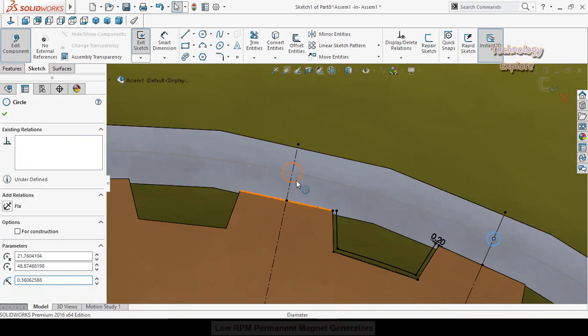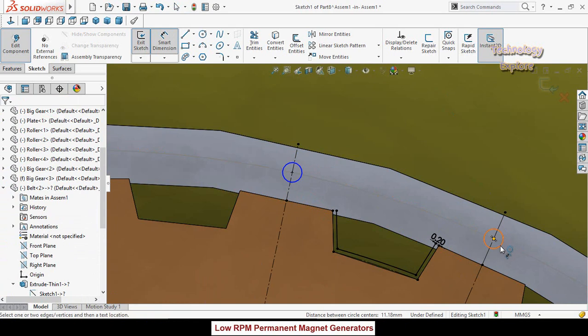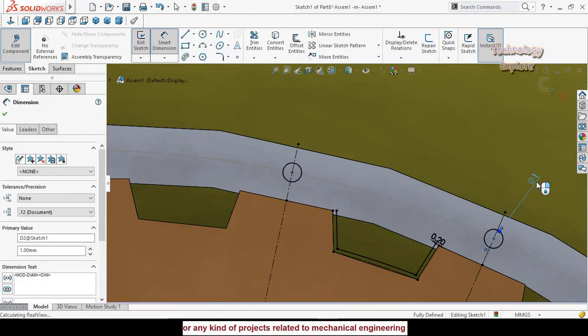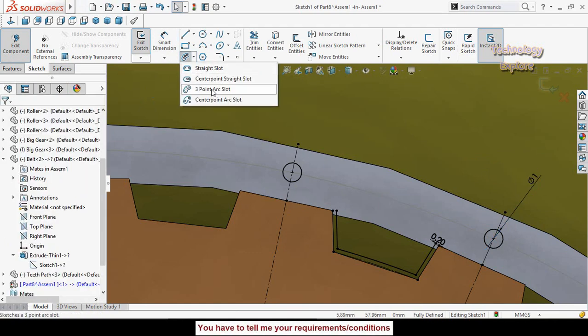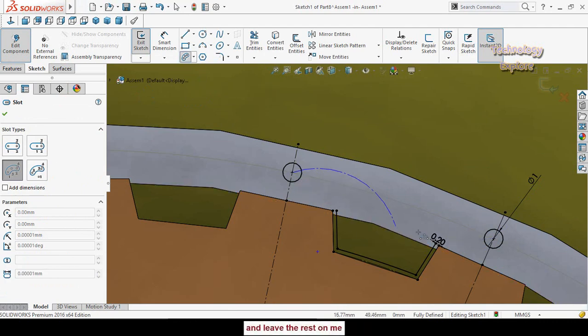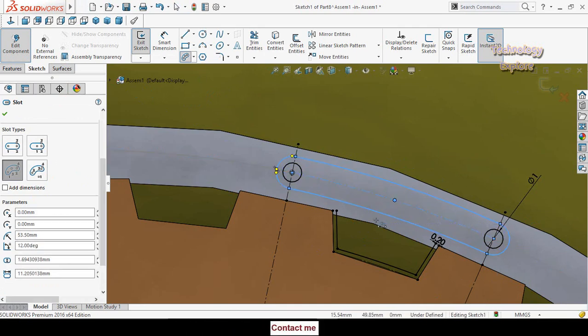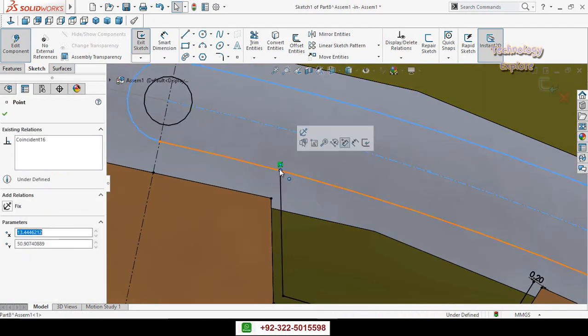Select both of them and make them equal and then define them. So the diameter is 1 millimeter. Press the Escape button. Then from here select 3-Point Arc and start it from here up to this point like this. Now press the Escape button. Now click and drag this point up to this arc.